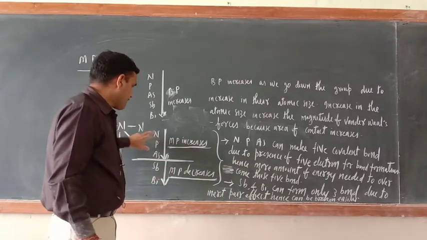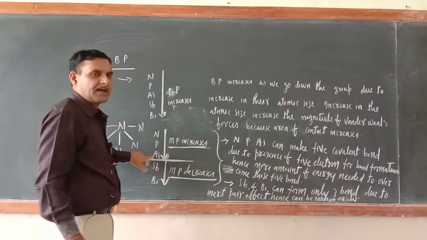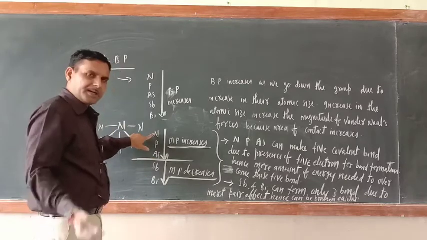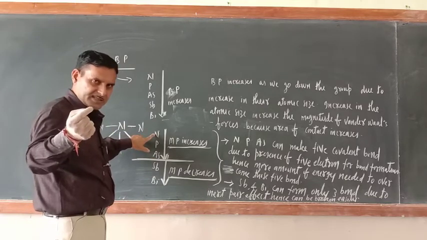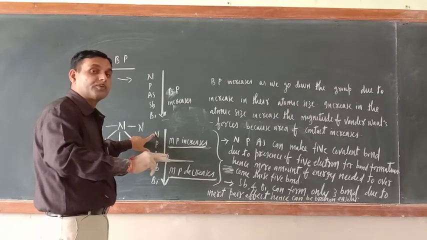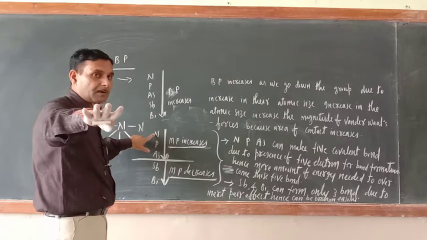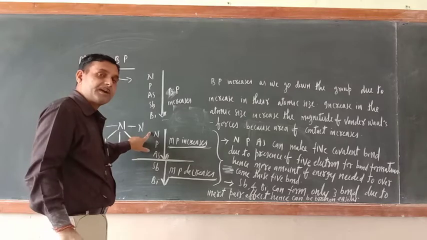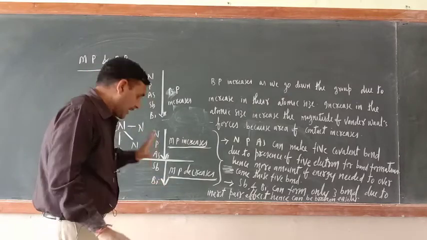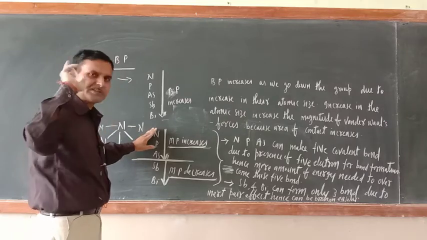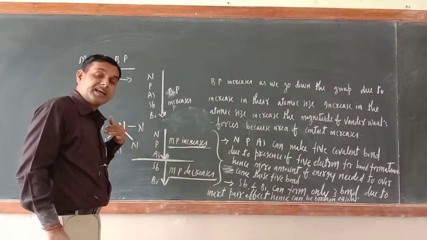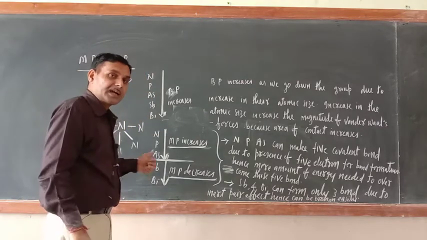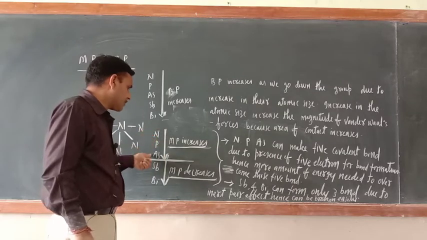Now you may say, as compared to nitrogen, arsenic will have more melting point. Why? The simple thing is there. See, nitrogen has small size. So some electrons may be attracted toward the nucleus, so all 5 may not be available for the bond formation. While in case of arsenic, due to bigger size as compared to nitrogen, it is a comparative study only, arsenic as compared to nitrogen can easily form 5 bonds. So that is why melting point increases from nitrogen to arsenic.